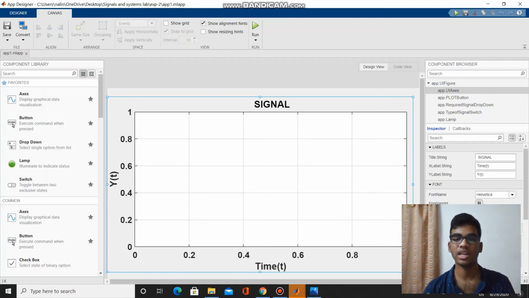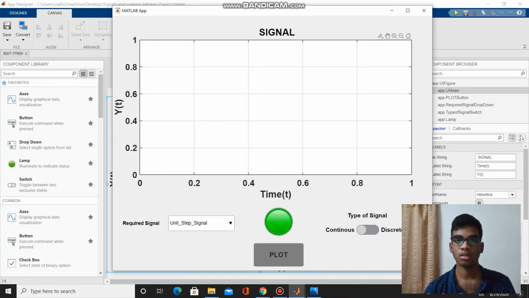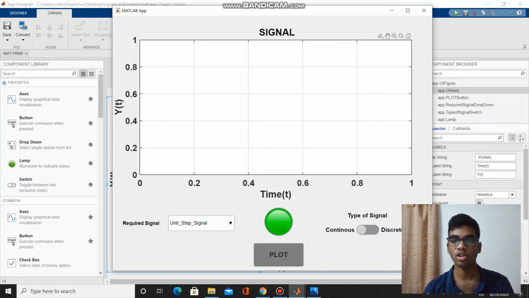Here I have already created a design view of this for the GUI. This is the design view. I have used several components from the component library such as axes, push button which is named as plot, and a drop down list which contains different types of signals, and a switch which toggles between the states continuous and discrete.